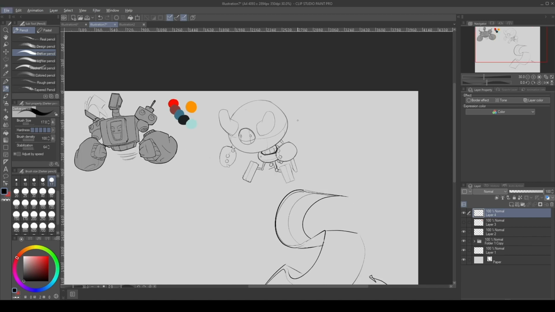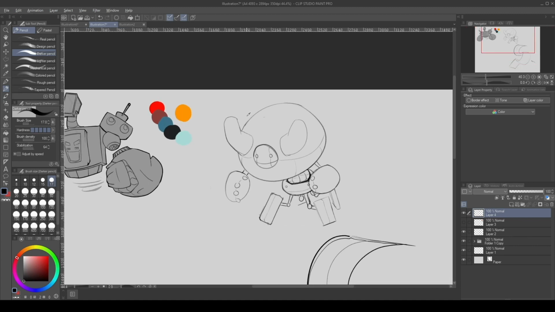Now, this design is a little bit wishy-washy. I don't like it too much myself, but this was just for a demonstration. Now you can kind of see what I mean by just stacking shapes. The more you understand shapes, the more objects you draw in real life, the more you kind of understand, hey,